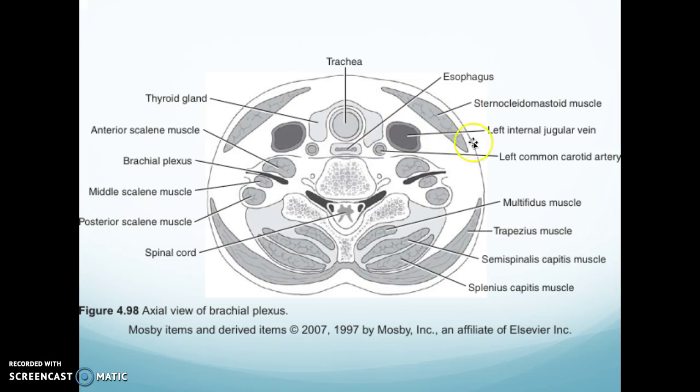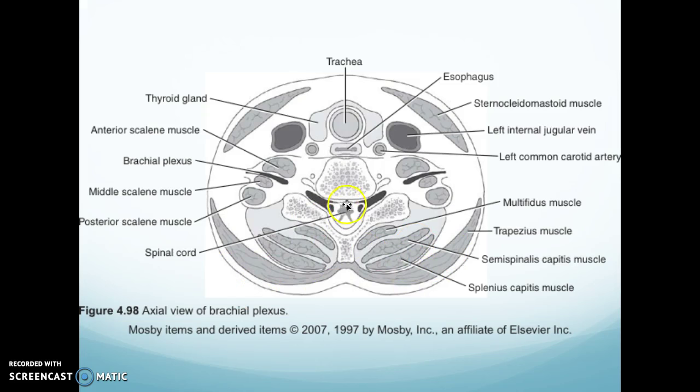Here's your sternocleidomastoid muscle. Here's your left internal jugular and your left common carotid artery. We're coming down and around. Here's your multifidus muscle, and then you have your semispinalis capitis muscle along with your splenius capitis muscle and your trapezius along